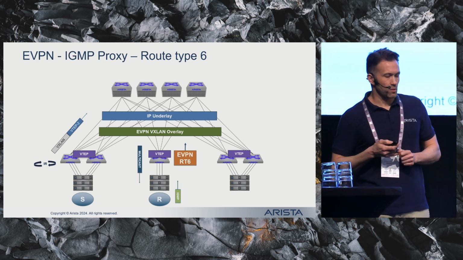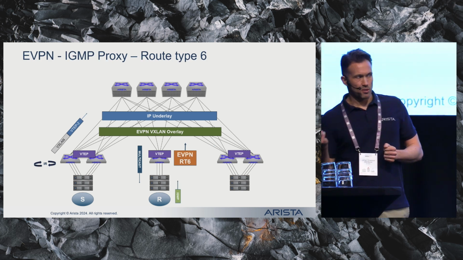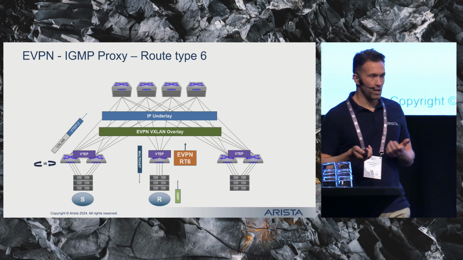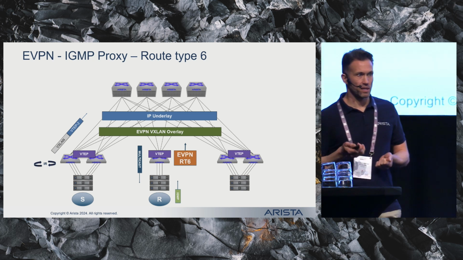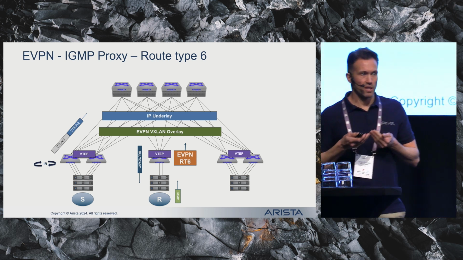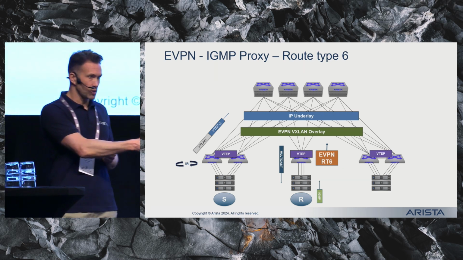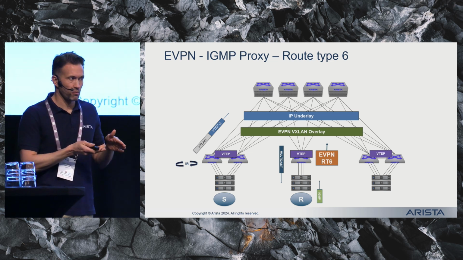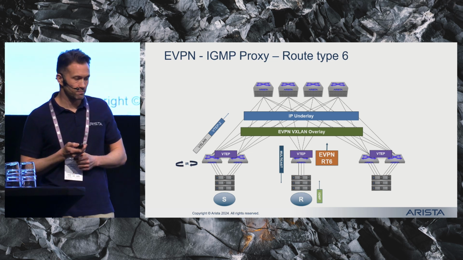So what this RFC introduced was a new route type 6, which is the possibility then for a PE or a VTEP to advertise the presence of an IGMP receiver or an MLD listener. So if there is an IGMP join coming in locally on a VTEP, that VTEP would then advertise that it has a receiver for that specific multicast group. So this allows the sourcing VTEP to then only send the multicast traffic to the VTEPs that actually have receivers. So a big benefit. You could still have ingress replication though. So still, if you had multiple VTEPs with receivers, you would still send multiple copies of that multicast packet across the network.